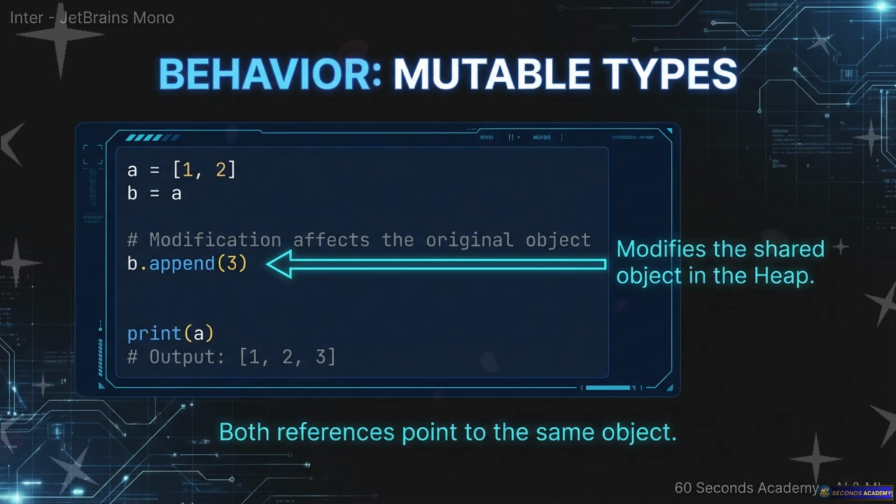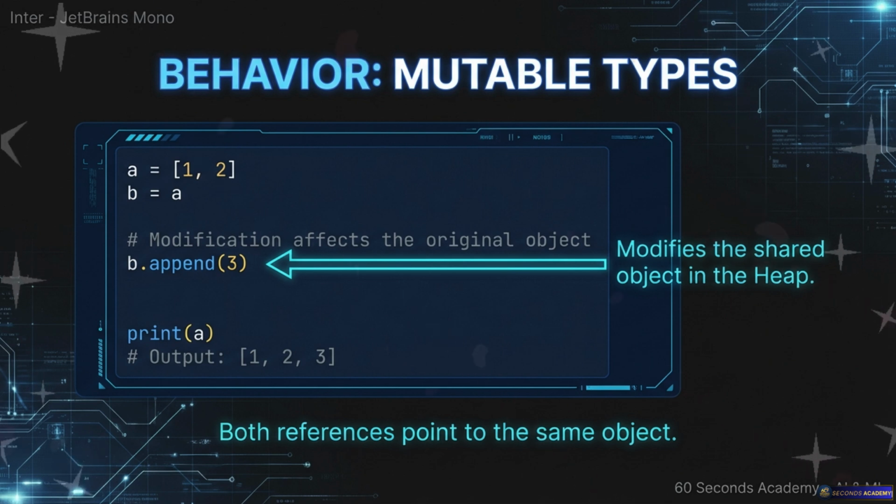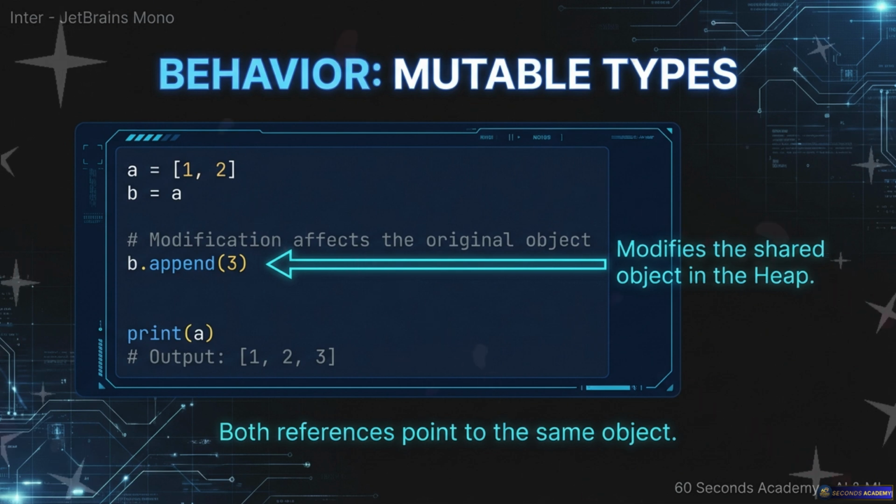We have the mutable team. The shapeshifters. Lists, dictionaries, sets, NumPy arrays, pandas data frames. These are objects that allow you to change their contents without creating a new object. So if I have a list, a equals [1, 2], that lives in the heap, I stick a tag a on it, then I say b equals a. Now I have 2 tags on the same list. Correct. Now you execute